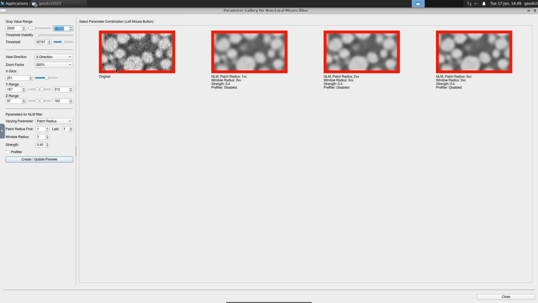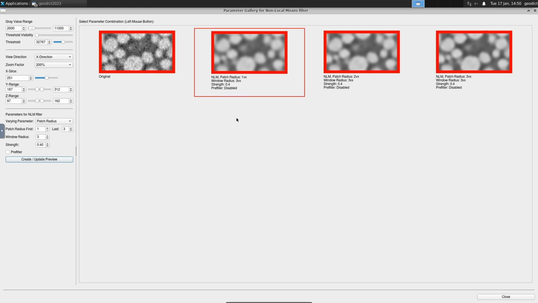You can now see the result of the preview. Here on the left, this is the original, which is quite noisy. And then you see the previews for a patch radius of 1, 2 and 3. As you may probably see, the difference is not that large. Maybe for 1 it's a bit sharper than for 2. It's a bit difficult to see, but usually if the results are very similar, it always makes sense to use the less strong filter. So we stay with the patch radius of 1 here.